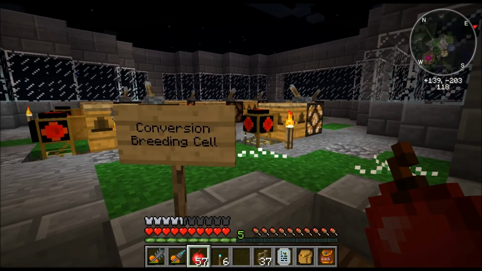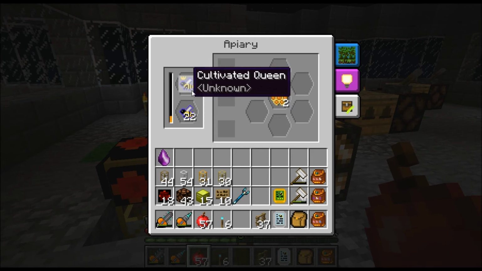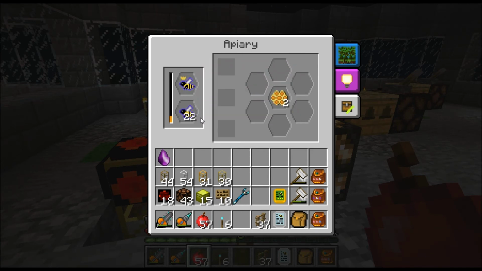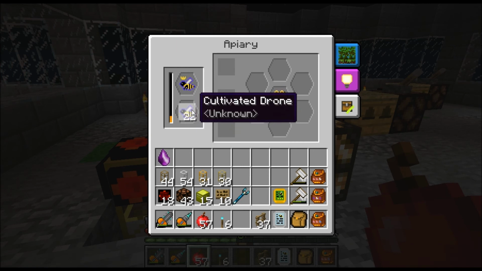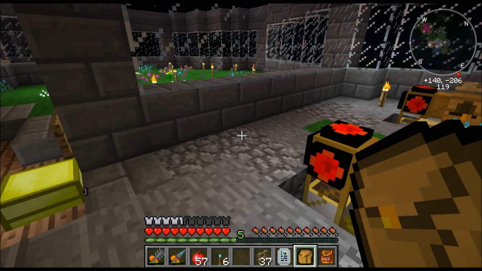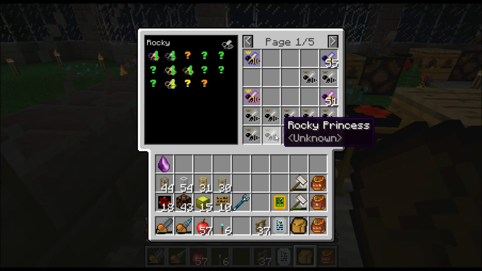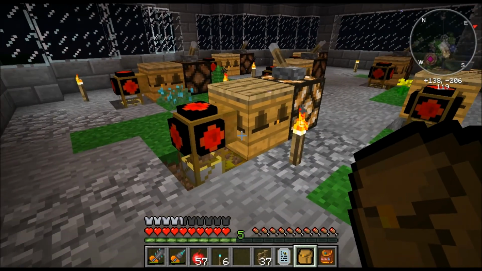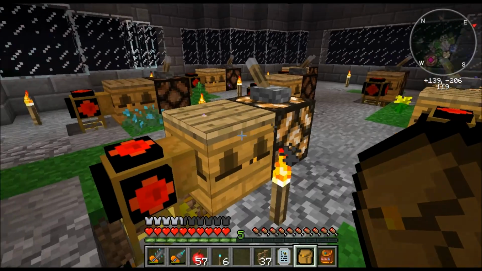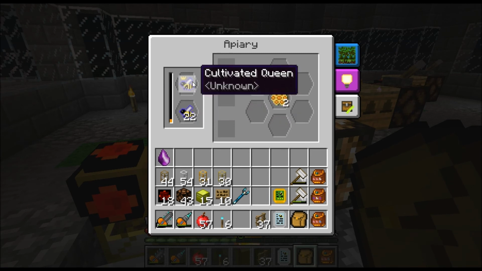Then here is what I call the conversion breeding cell. Basically you take a princess and put it in here with a lot of whatever drone you want to convert the princess to. I have a lot of rocky princesses. I get a lot of those from quarries. I have a ton of them. And the nice thing about the rocky princesses is that they're good flyers, they're nocturnal, and they're cave. So it gives us a good starting point. And I convert those to whatever bee I want here. Here I'm doing a cultivated,